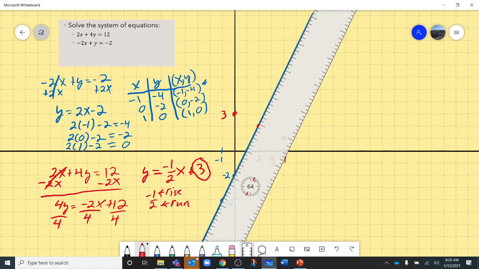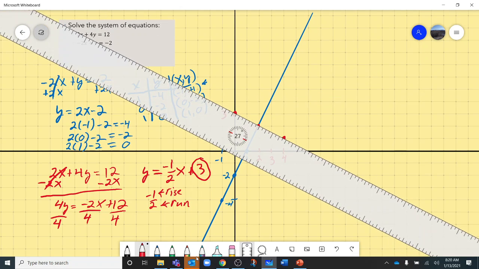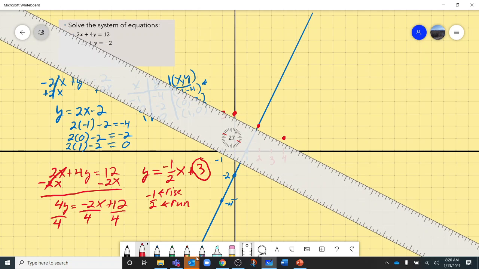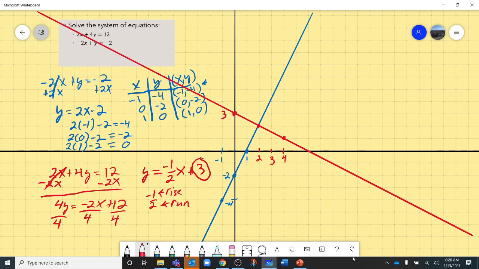Okay, so let's graph that. And that gives us this line. It should draw right through all of my work. And so we notice that right here is where the graph crosses. If we trace this down, we are at x equals 2. And if we trace this across, we are at y equals 2. So our solution to this is to